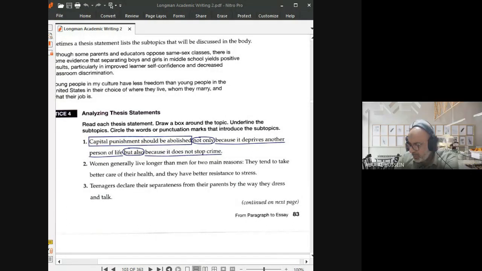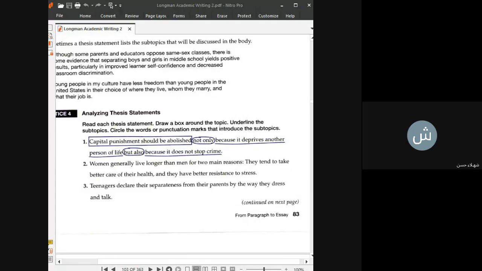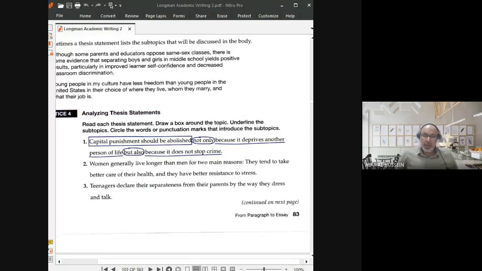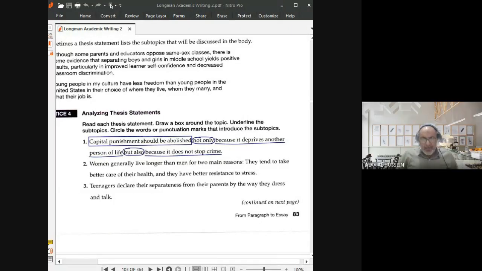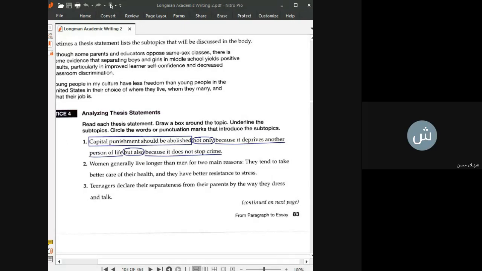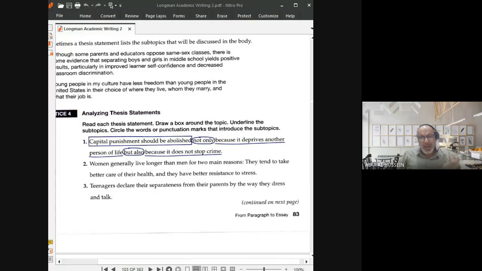يس استاذ، انه الكابيتال بانشمنت should be abolished. هاي كلها ما يصير انه احنا نقول كلها هي توبيك، فقط ناخذ الاسم اللي هو كابيتال بانشمنت هو اللي راح يكون توبيك. ولانه احنا عندنا verb او variable sentence اللي هي should be abolished، هنا راح يكون هي المين ايديا، لان احنا لازم يكون عندنا verb حتى ناخذها كمين ايديا. اوكي. اما عندنا النوت اونلي اللي هي راح تكون مثل ما نقول single quotes، والباقي راح نقول سب ايديا مو سب توبيك، لان هي مرتبطه بالمين ايديا وليس بالتوبيك. اوكي اكسلنت، بس بعد اريد بعد شرح.